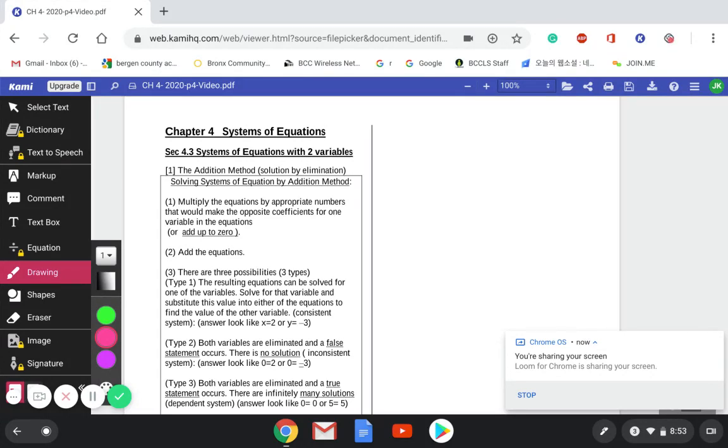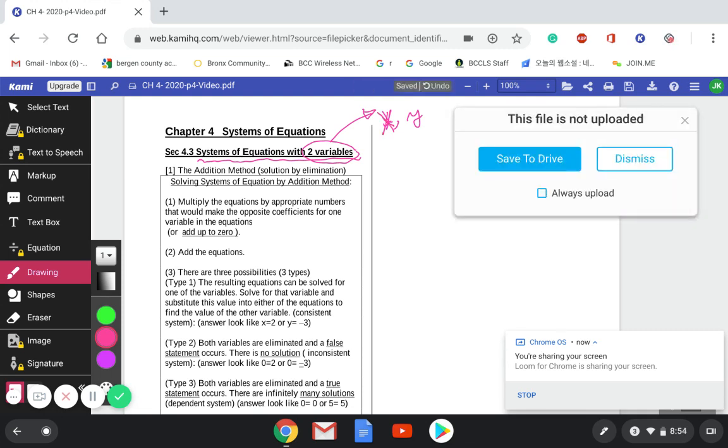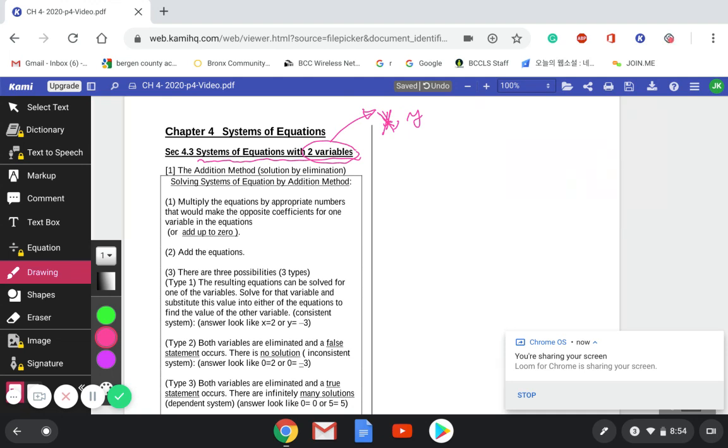Hello, everyone. Today we're going to study systems of equations with two variables. Two variables means the equation contains x and y together. So you will have two variables. Now, the way you get the solution, which is the answer for the x and y values,